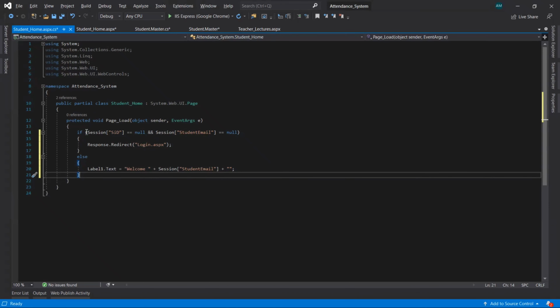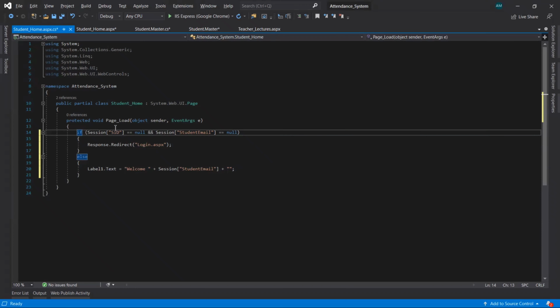So here, in the page load event, when this student home page is loaded, that means when the student is logged in and redirected to this page, at that time it will check whether the session of the student ID is equal to null, or the session of the student email is equal to null.